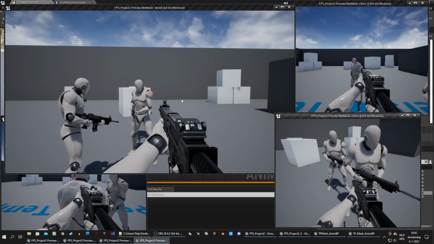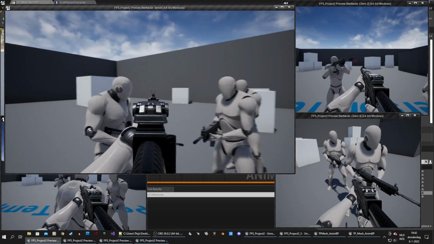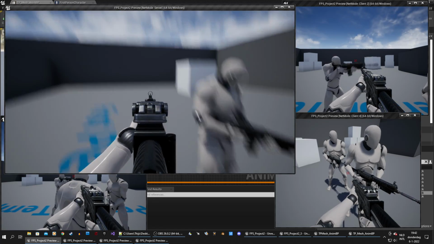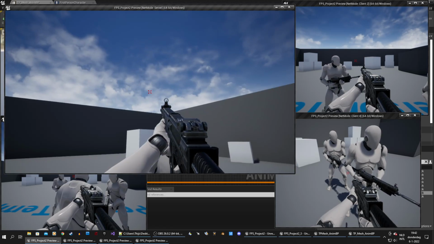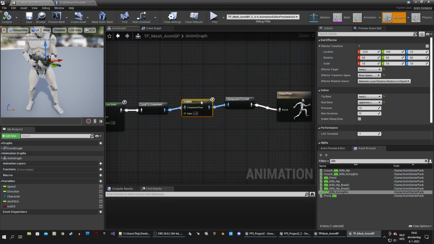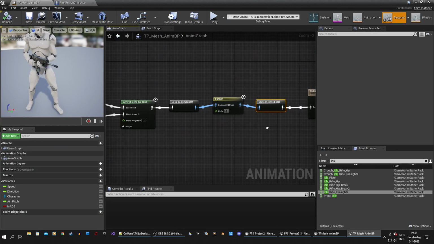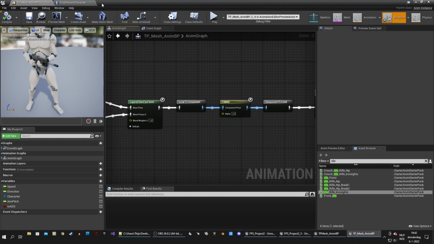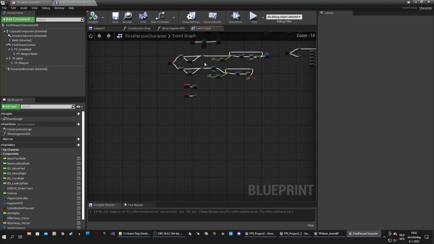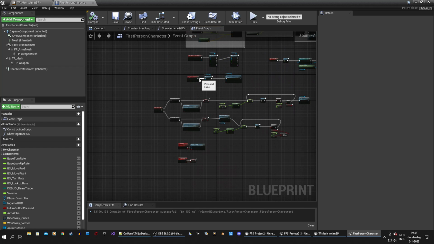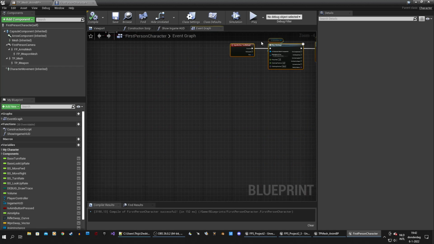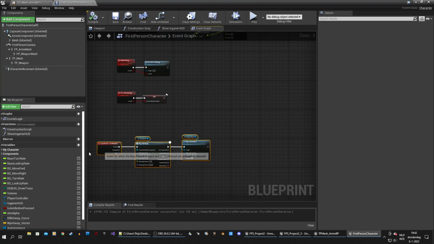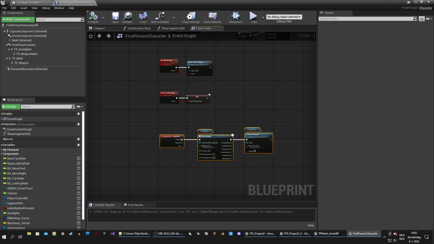And that also works the other way around, obviously. If it works for the client, it usually works for the server as well. So there we have it. And now all we need to do pretty much is play the montages. So if we go back to the first person character, like I mentioned before, for montages you need a multicast event. So for example, if I want to play this reload animation for other players, I'm going to create a